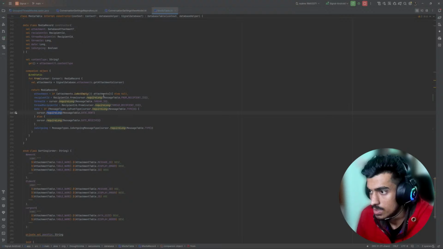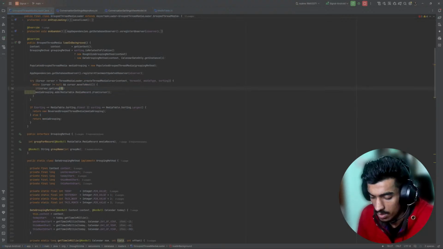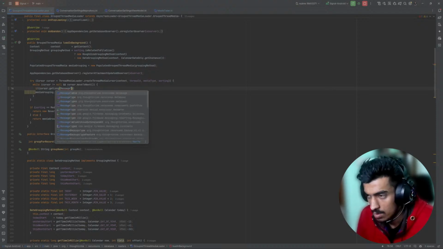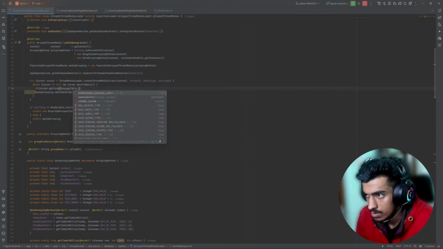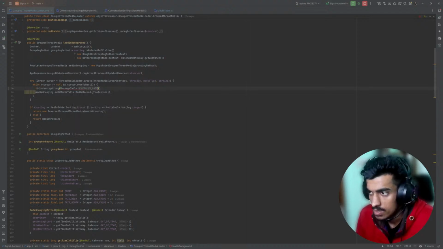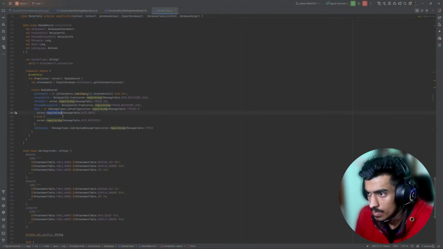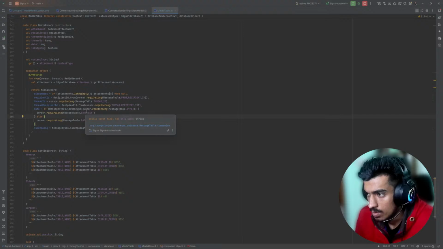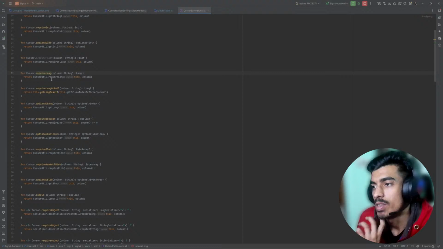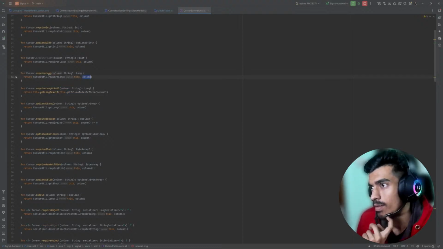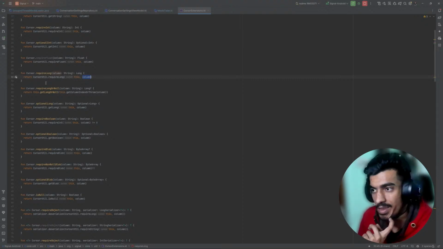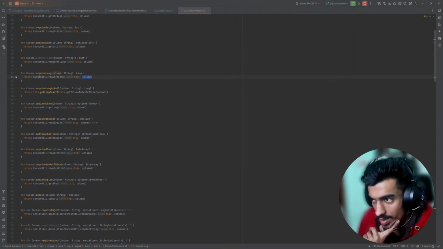Message table dot data send, instead of message table dot data send we'll get this. What is this function? This is our extension class. Okay, cursor util dot